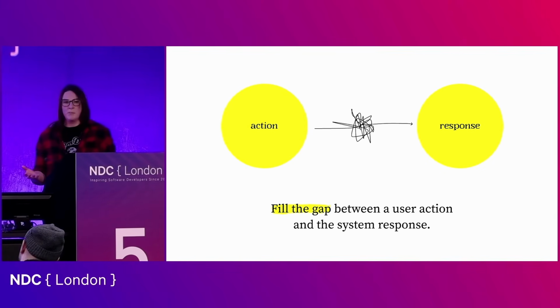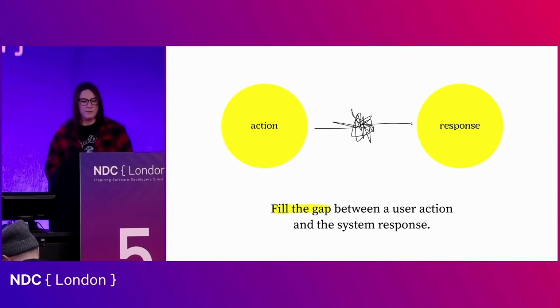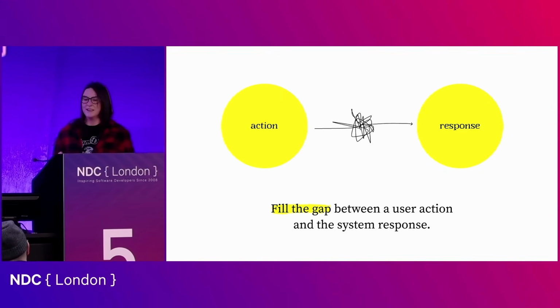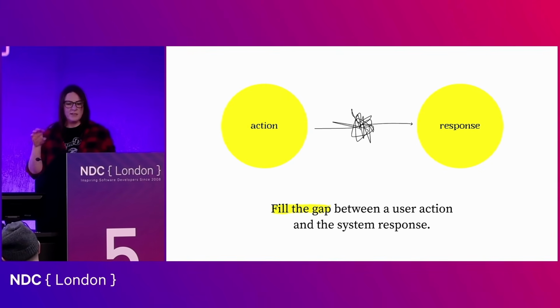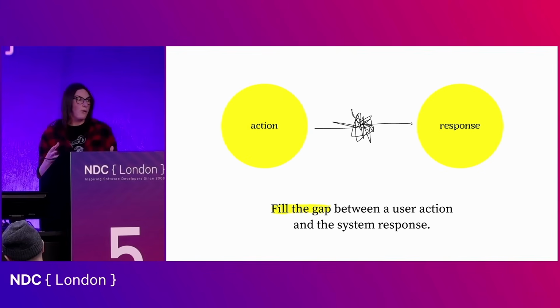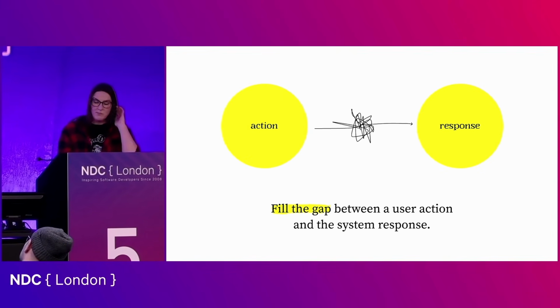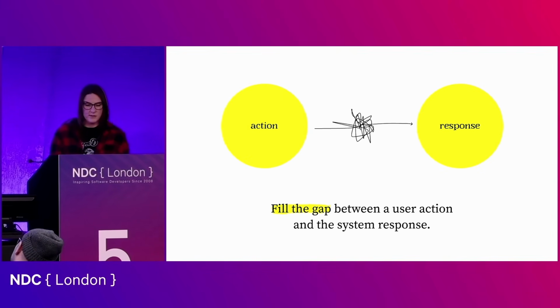So one problem I see quite often is when a user takes an action and they're a bit unsure if anything's happening. It's important to give them some feedback that their action is actually doing something, especially when that response is going to take a little while to happen. We need to fill that fuzzy gap in the middle with some form of reassurance. They might get frustrated or confused otherwise.